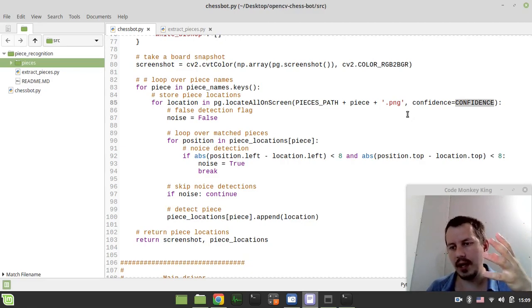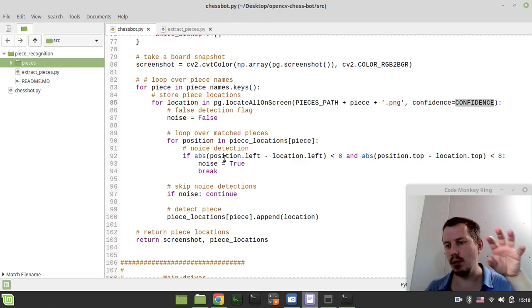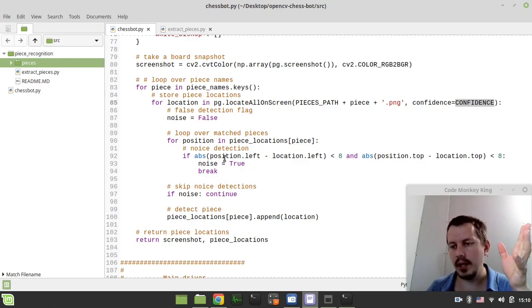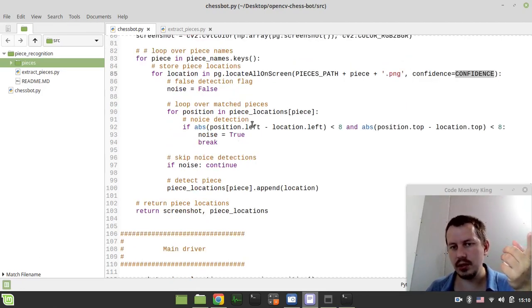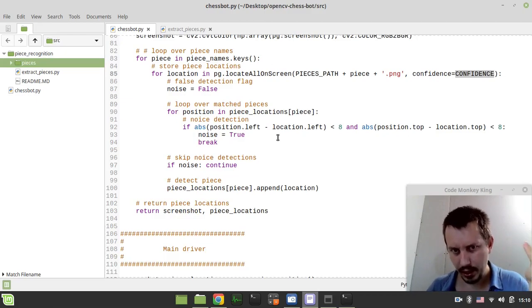Visually it means it doesn't draw just a single red square around a pawn, let's say, but it might be drawing 3 or 4 or even 5 or even more squares, because they all might potentially be treated as the recognition, but that's the noise. In order to make sure that we do not store that noise, because this would horribly mess up the FEN that we're supposed to be doing later on,